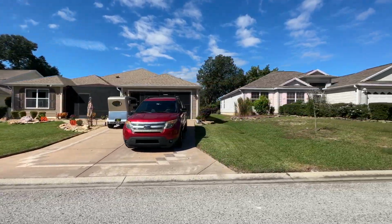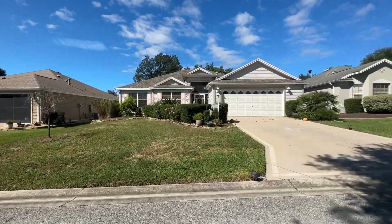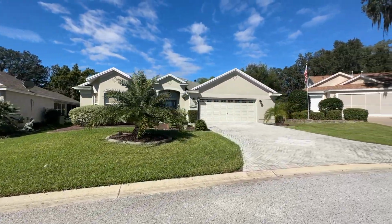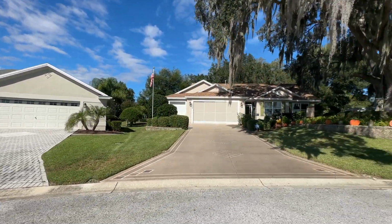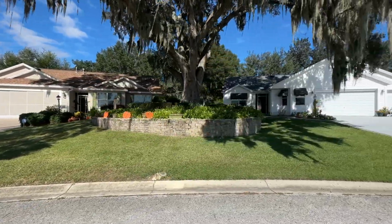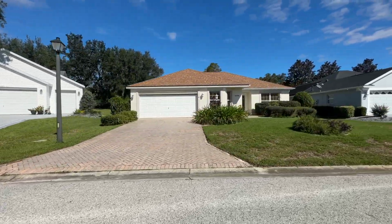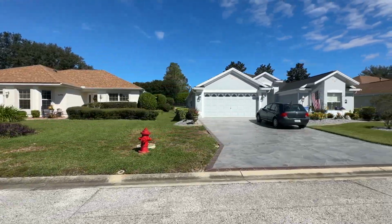We also have a 3-bedroom, 2-bathroom, 1,934 square foot home that is right on the golf course. That's on an 8,276 square foot lot. That's being offered at $585,000. We also have a 3-bedroom, 2-bathroom, 1,609 square foot home with the extra small garage for the golf cart. This was on a 7,841 square foot lot. It's being offered at